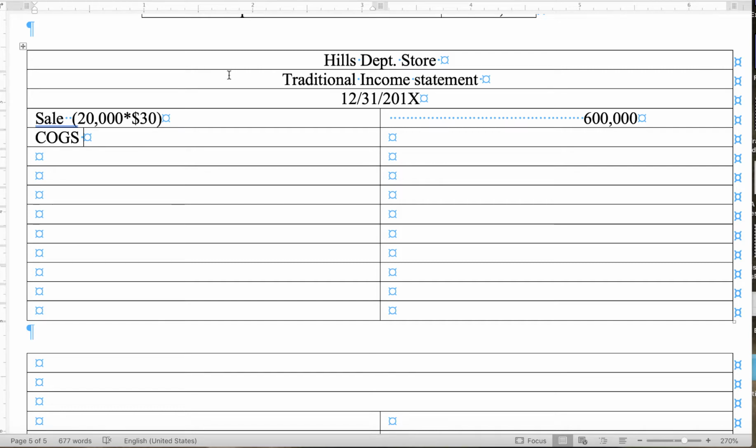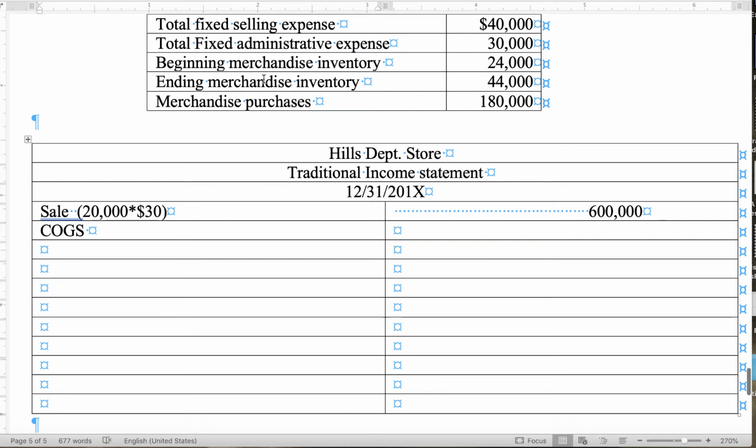Now, what they tell us is we have beginning inventory, we have ending inventory, and we have the amount that we purchased. Very easy, right? I'm going to give you, and I would definitely jot this down for your notes. Take the beginning balance plus what was added minus your ending equals what was used. I'll say that one more time. You take your beginning balance plus what was added, subtract out what is ending, that gives you the amount that